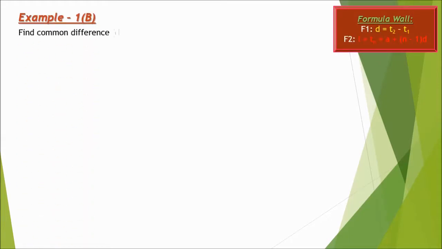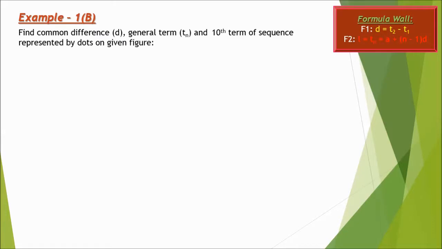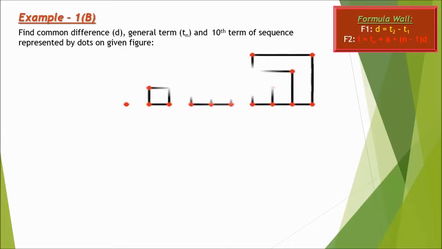Example 1b. Now formula 1 you can see every time. Example 1b. Now this question looks familiar to you. Now we are going to count the dots, which we have done in class 9, but we don't have to add one more figure like we did in class 9. We don't have to add one figure. We deal only with dots. So on the solution part,